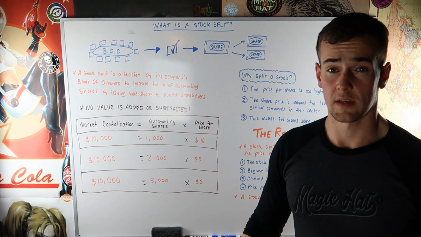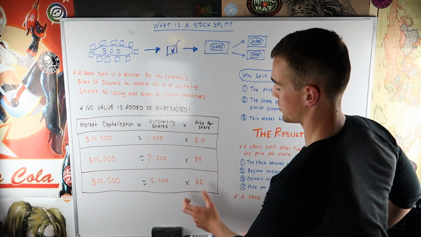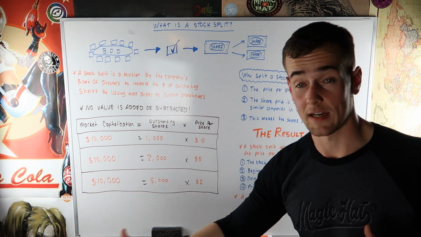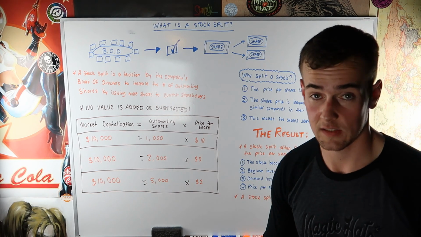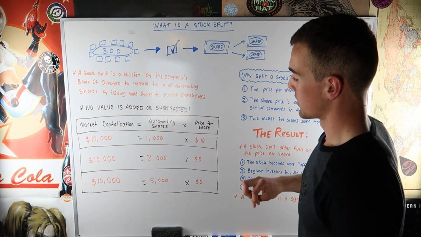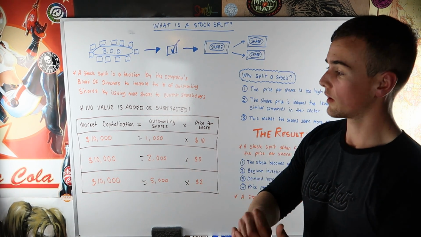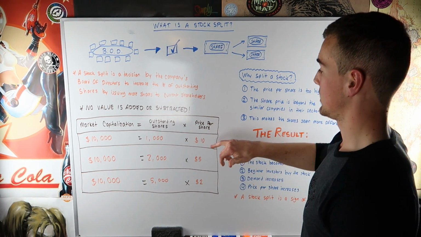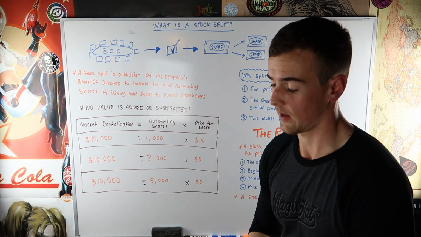We're going to talk reverse splits in another video, but let's say you were in a situation where your stock price was $2 a share. The board of directors decided that that is too low. They're worried about getting delisted, so they basically do a reverse split. So 5 shares of that stock now become 1, and you'll see the outstanding shares lower by a factor of 5, and you will see the price per share multiplied by a factor of 5.